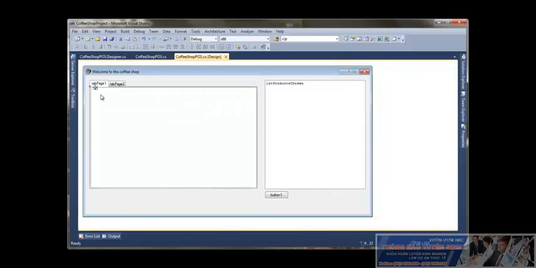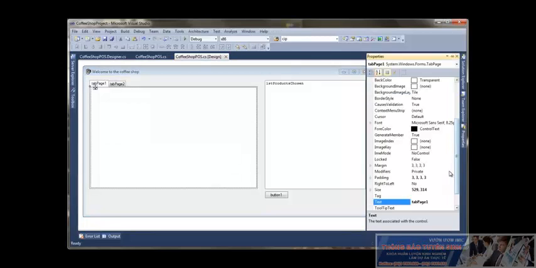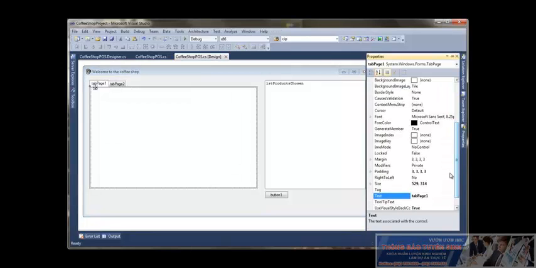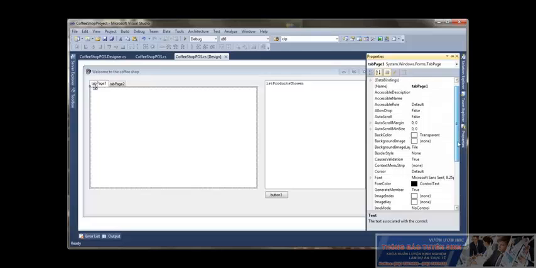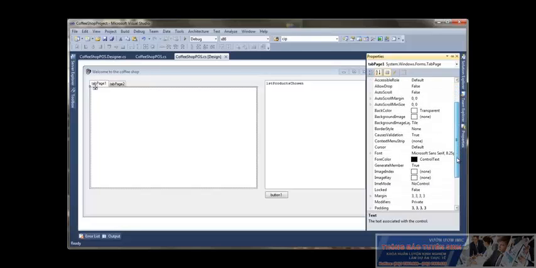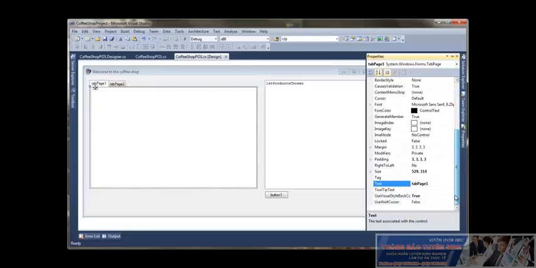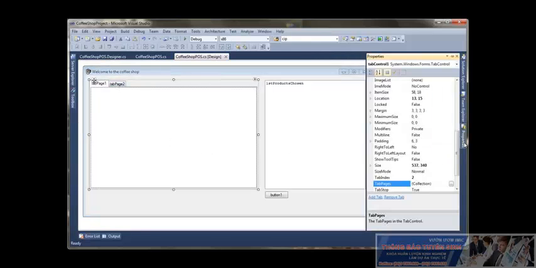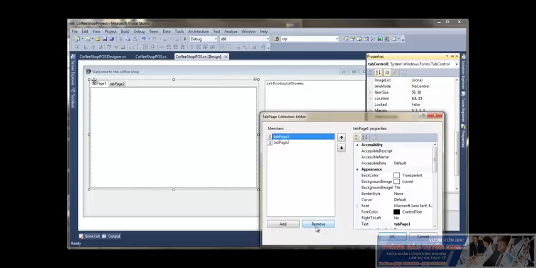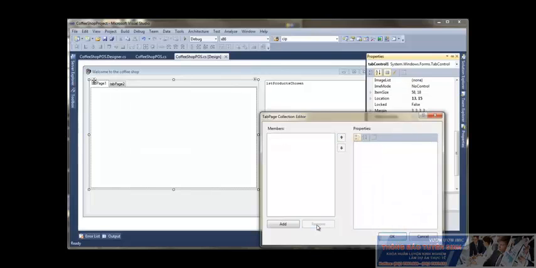So click on the list, into properties. If we have a look down, we should find there's a collection of tabs. That's where I've just lost them now. Can't see them for looking. Oops, oh hang on, I've selected the wrong thing, that's probably why. So there we go, we've got the tab pages there, which is a collection. So I'm going to go into that. I'm going to remove both of those current tabs, press OK,